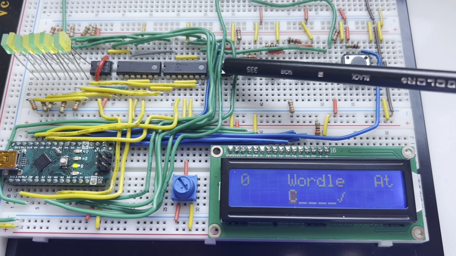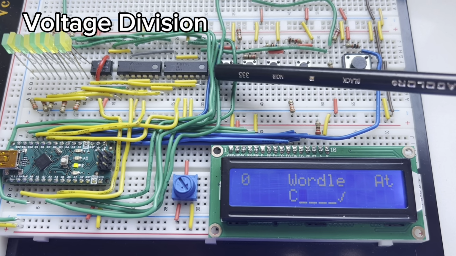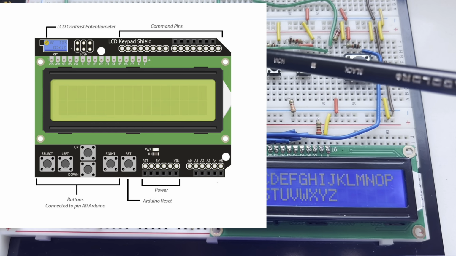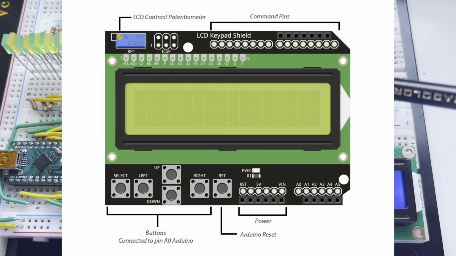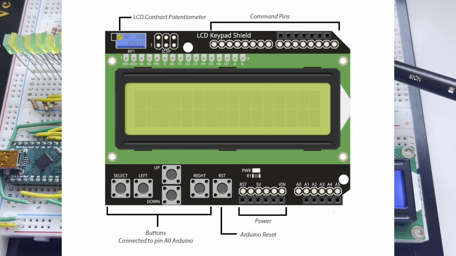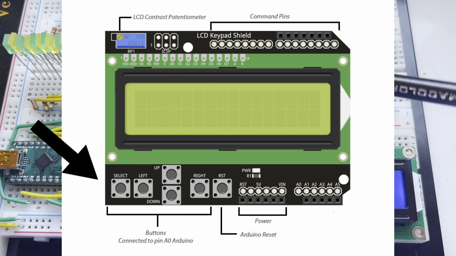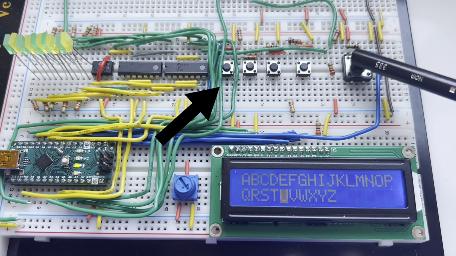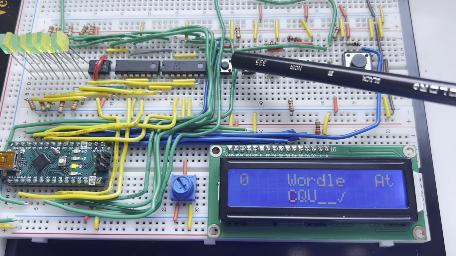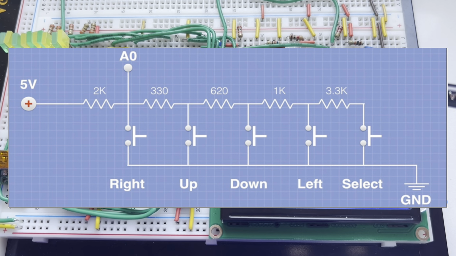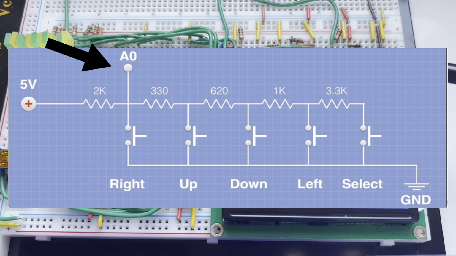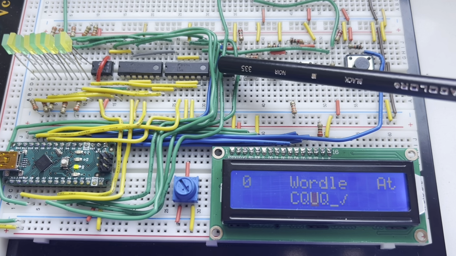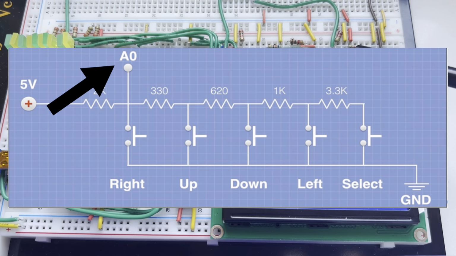One of the fundamental concepts within this project is voltage division regarding the buttons. Voltage division through each specific button replicates that of an LCD keypad shield. An LCD keypad shield is an extension of the LCD screen, which is a board placed on and soldered on top of an LCD. The buttons implemented within this circuit mimic how the LCD shield works by placing every button to control the cursor in series with one another and connecting analog pin 0 to it for the circuit to read the voltage successfully. When wiring these buttons together, since each button is placed in series, junction point A0 will